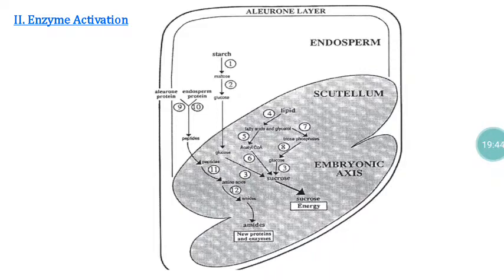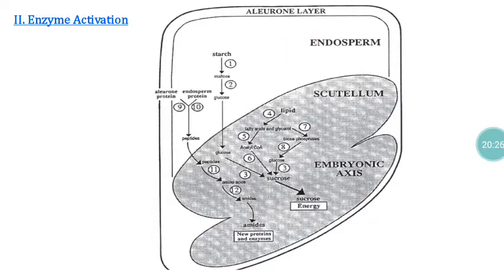Once the seed obtains a moisture content of 60% through imbibition, particularly in the case of a monocot, the scutellum and embryo get activated. The scutellum gives a signal for GA3 production, gibberellic acid. That gibberellic acid, GA3 in short, plays a major role and regulates the germination process. So the plant growth regulator associated with seed germination is GA3. The gibberellic acid produced by the scutellum gets diffused in the endosperm area.